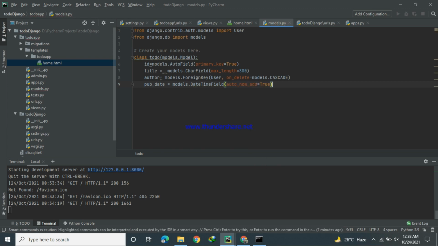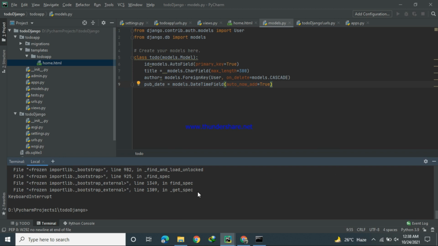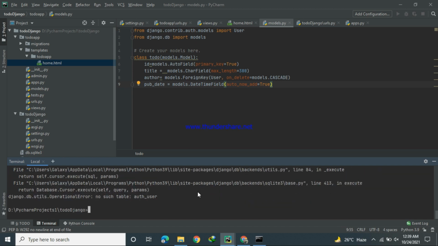So that's our model. First of all, I have to create our superuser. To create a superuser we have the command python manage.py createsuperuser.